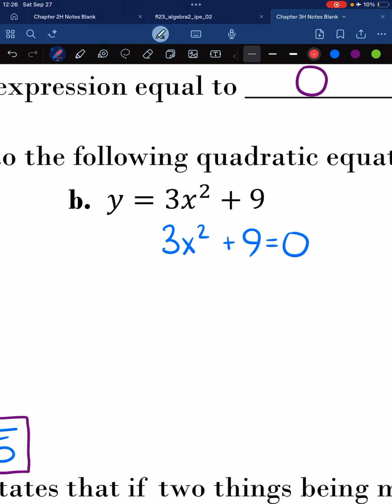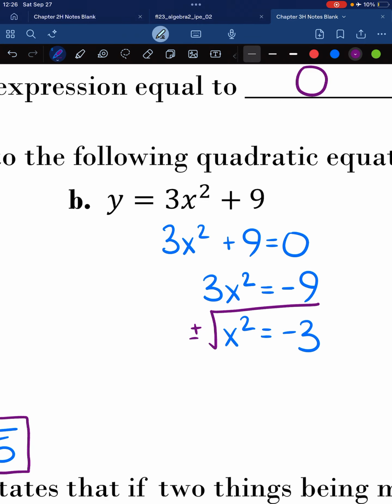So I really want you to write it as a separate line because I do that every single time. Subtract 9 from both sides, divide both sides by 3, take the positive or negative square root of both sides,